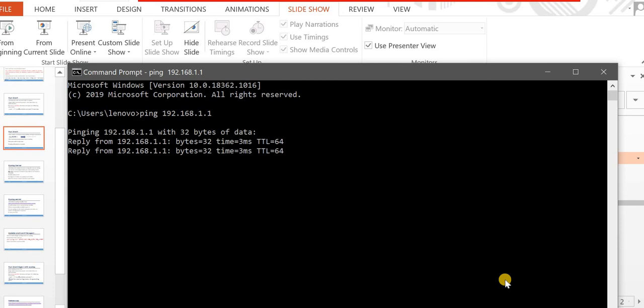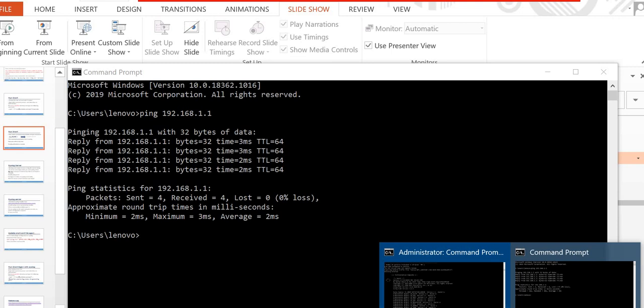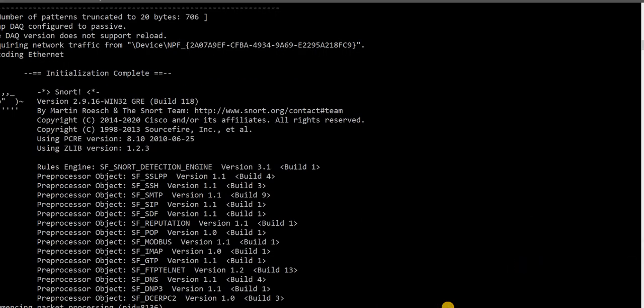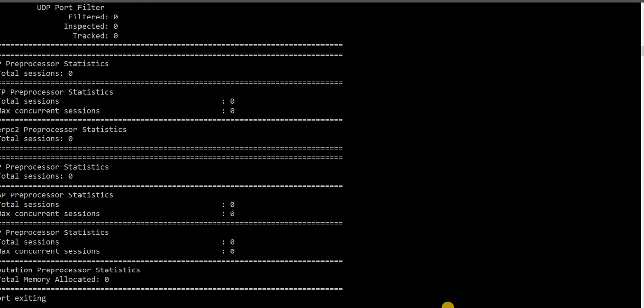So it is pinging and you are getting the reply from that. It gives you here the ping statistics. Now go to your Snort again and press Ctrl C to stop the packet capture. Now check the statistics whether you have generated the alerts or not.